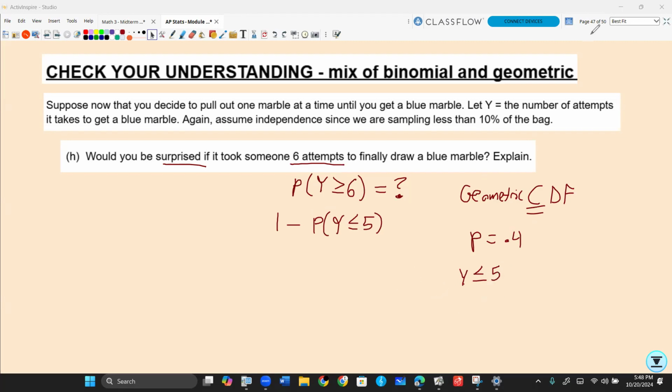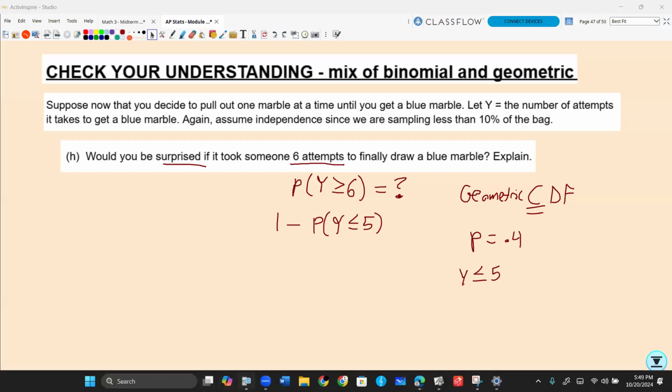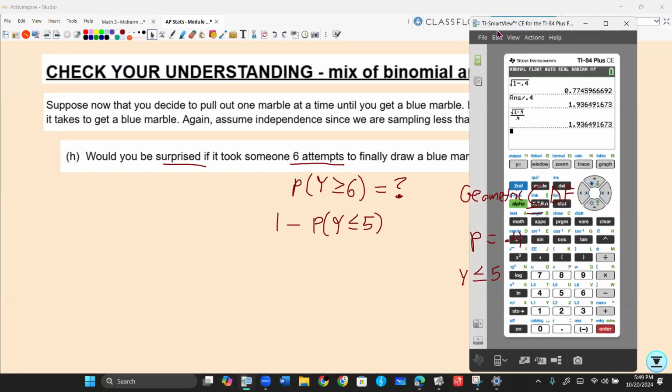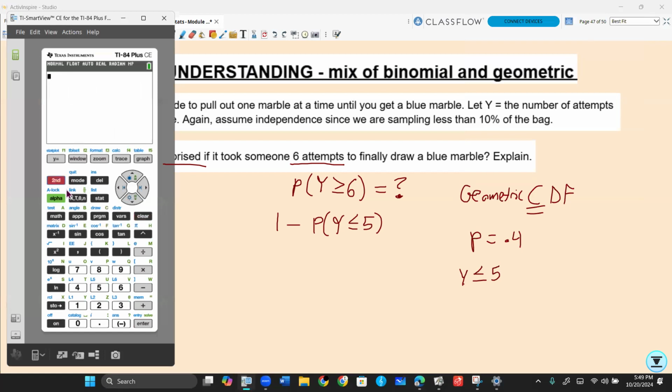So let's put that into the calculator, see what we get. So let's see. We're going to do second vars, geometric CDF, right at the bottom. P is 0.4. Our X value would be 5. And we get 0.9224. So we take that away from 1. And we get about